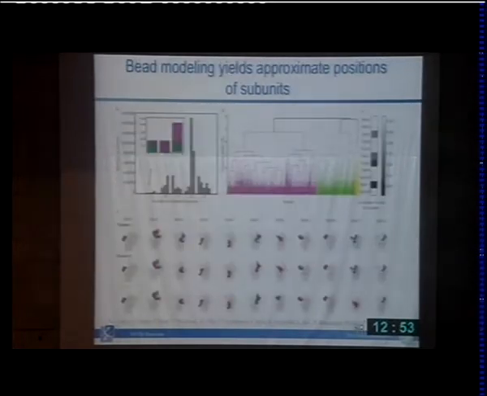Now, the result, again, is unfortunately a bit of a complicated slide, but the outcome is basically the following: we evaluated a total of 1.6 million different configurations, of which only 4 shown here violated either none or at most one of the experimental restraints. So we had an almost unique solution, with the exception of RPN11 and RPN8. These are very similar ones, and we couldn't say which one was which,